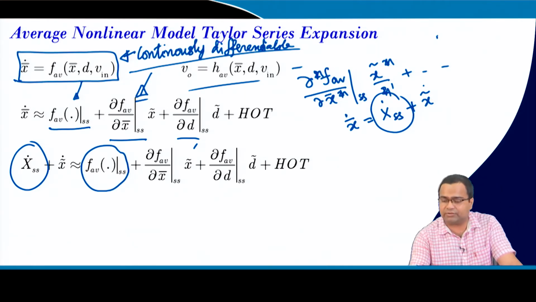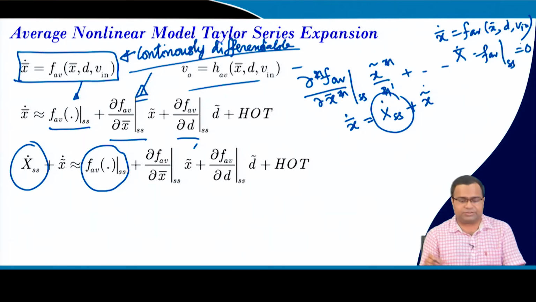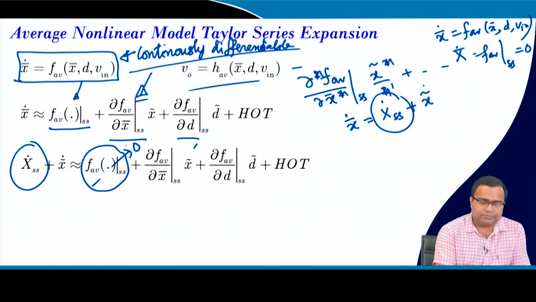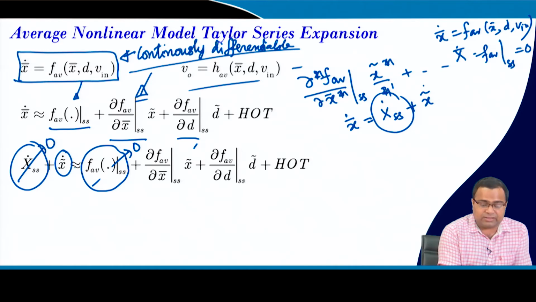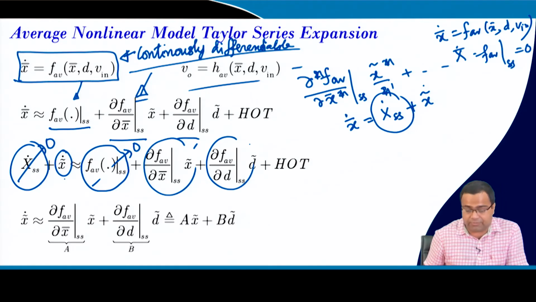That means, we started with x dot equal to f average of x, d, v, right. So, under steady state, if we replace all with steady state, this will also be at steady state, so this whole thing should be 0. So, this will be 0, this will be 0. So, you will be left with this term, this term, this term and higher order, and if we ignore the effect